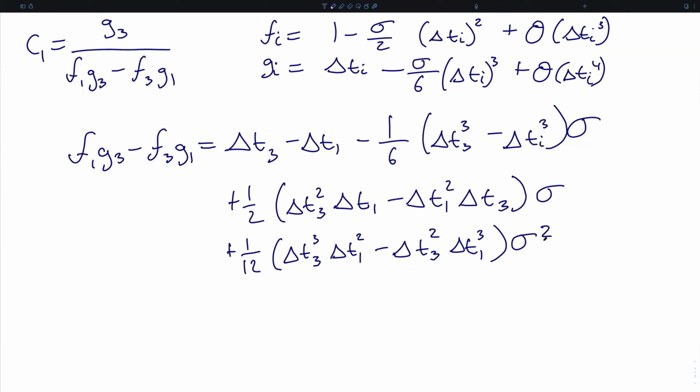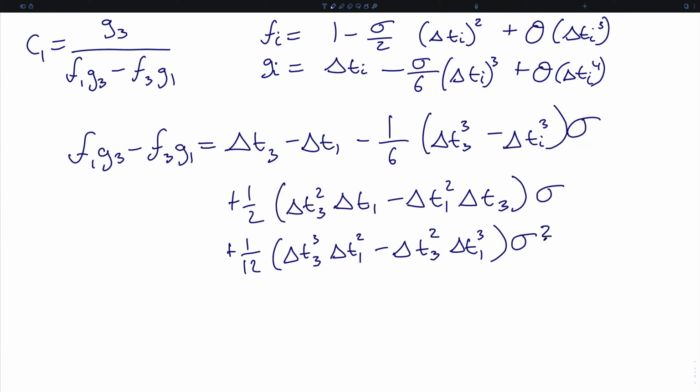so we've just pulled out a factor of delta T3 minus delta T1 from all of these. And so we have this leading term, delta T3 times the quantity 1 minus sigma over 6 delta T3 squared divided by delta T3 minus delta T1, the whole thing multiplied by the reciprocal of 1 minus sigma over 6 times quantity delta T3 minus delta T1 squared. The reason why we've done this is because this gives us a form that makes it easy to apply the